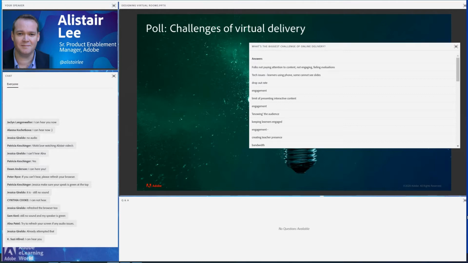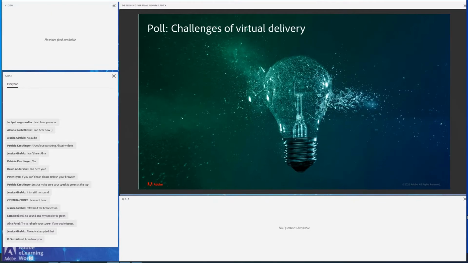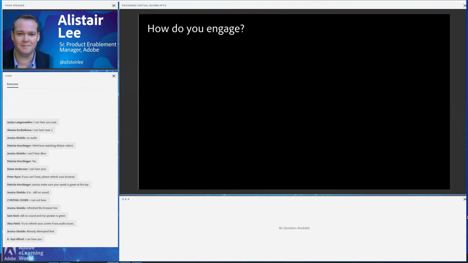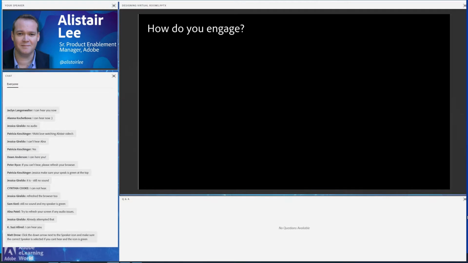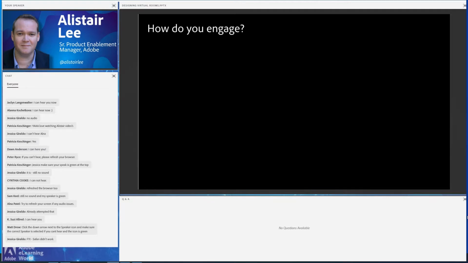How do we read somebody's body language when we're online compared to in person? Feedback, engagement, effective virtual instructors, engagement. I'm seeing the same theme come up a lot around this idea of engagement. And I think that is one of the key challenges. How do we engage as we move our content online, as we move our delivery online?